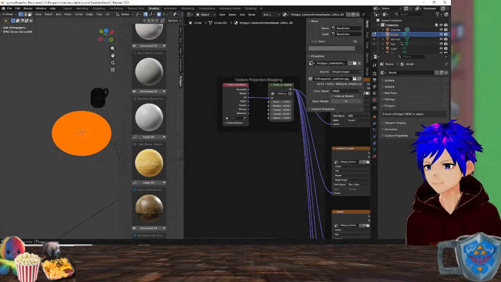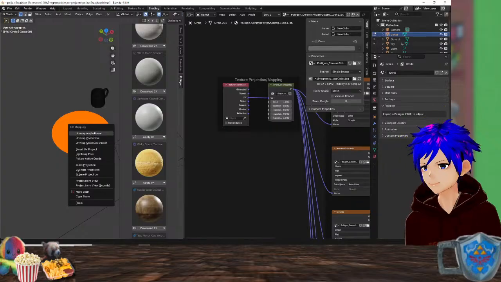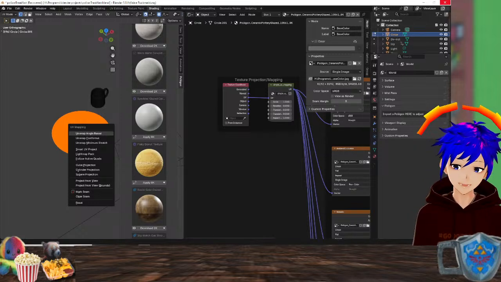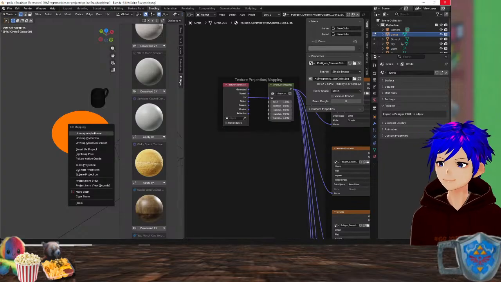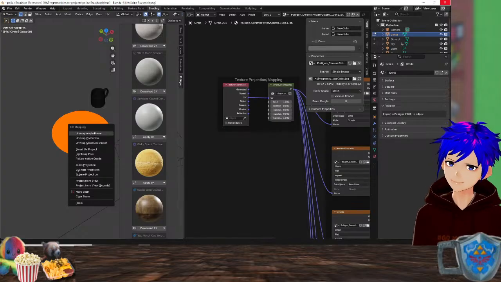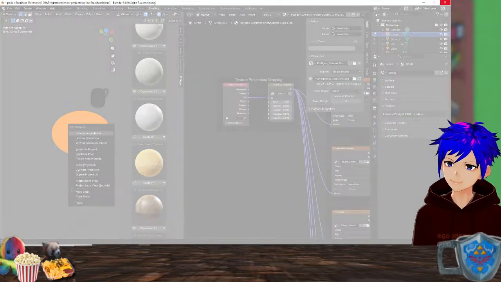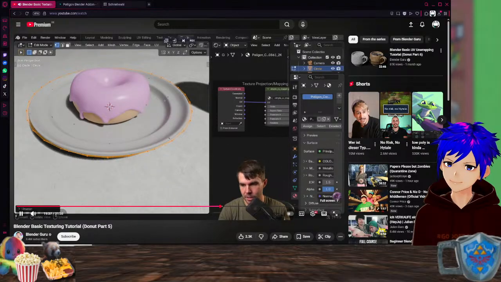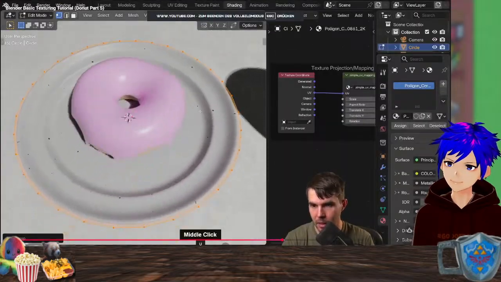Okay. U. Unwrap angle based. Hmm. Go on. I know you can do it. And then select unwrap angle based. And look, now the texture has been applied.